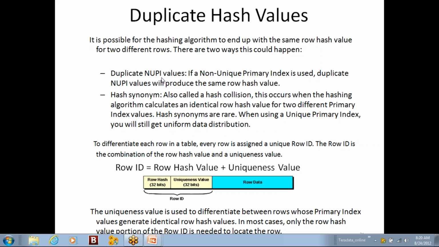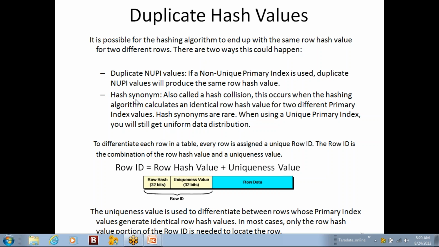Those are called duplicate NUPIs. And what is a hash synonym? Because of the limitation of the hash algorithm to generate unique hash values, if we consider a 32 AMP system, it can generate 4.2 billion unique hash values.